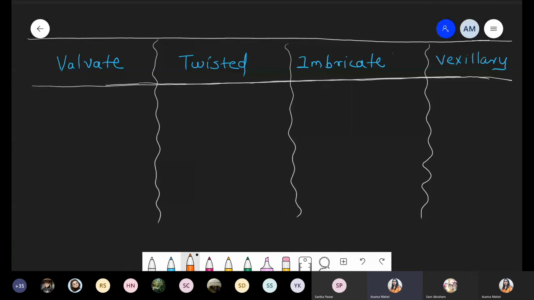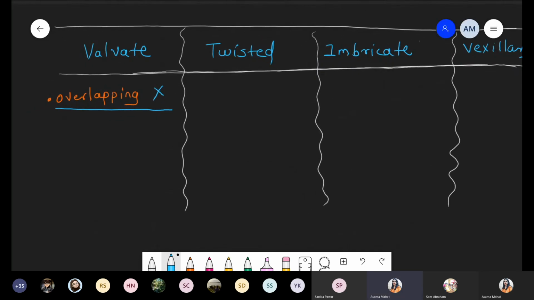Okay. Now first of all, we are talking about the first estivation, that is valvate estivation. Valvate estivation means simply that overlapping is absent. So first of all, I'm talking about the first point, how we identify. The first point, overlapping is absent. For the absent, I'm giving just a cross. Overlapping absent. So first of all, we draw the diagram. Why we are representing it like this, that is, overlapping is absent.